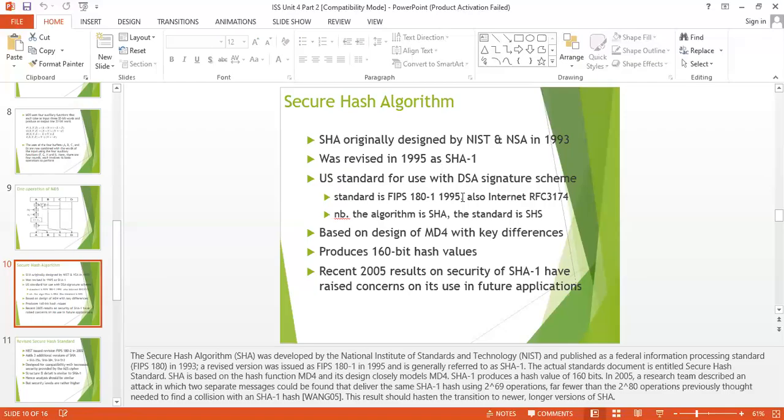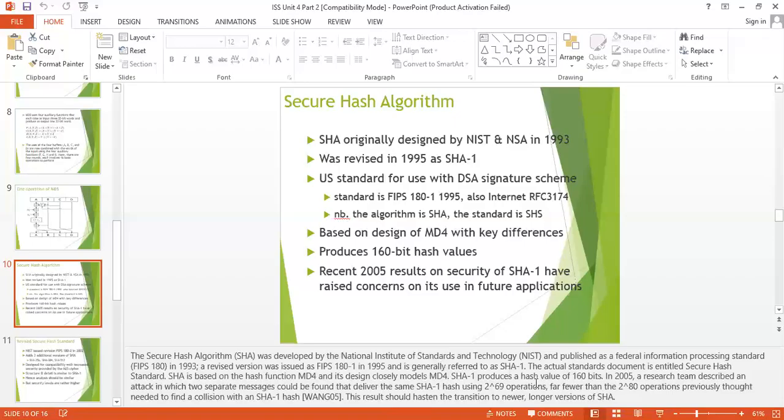SHA is similar to the MD5 algorithm by Ron Rivest. SHA is slightly slower than MD5, but it is found to be more secure. So this is the simple secure hash algorithm.